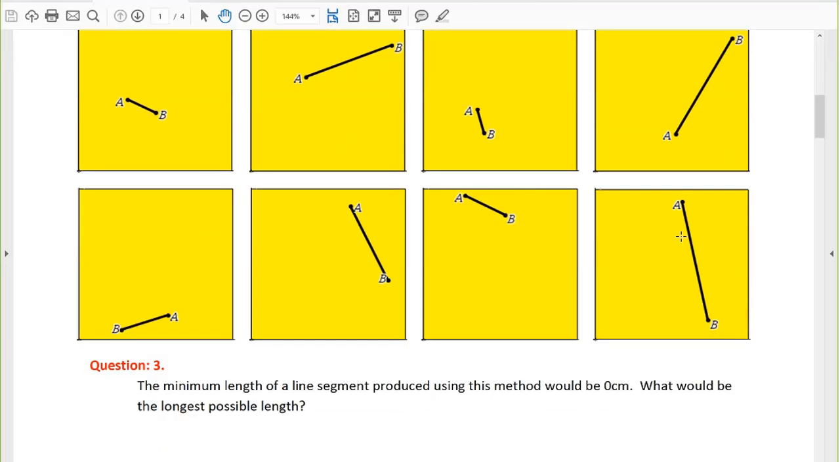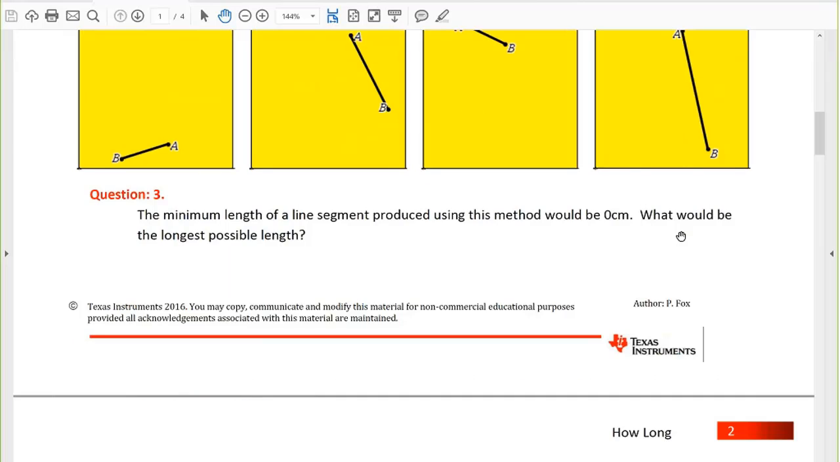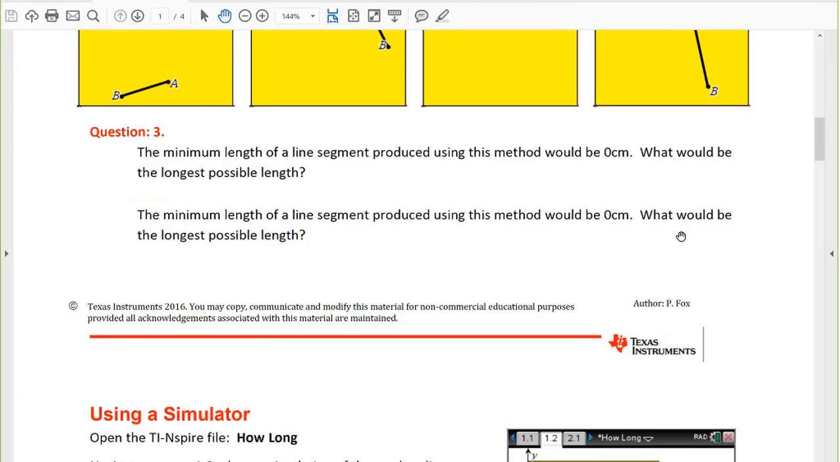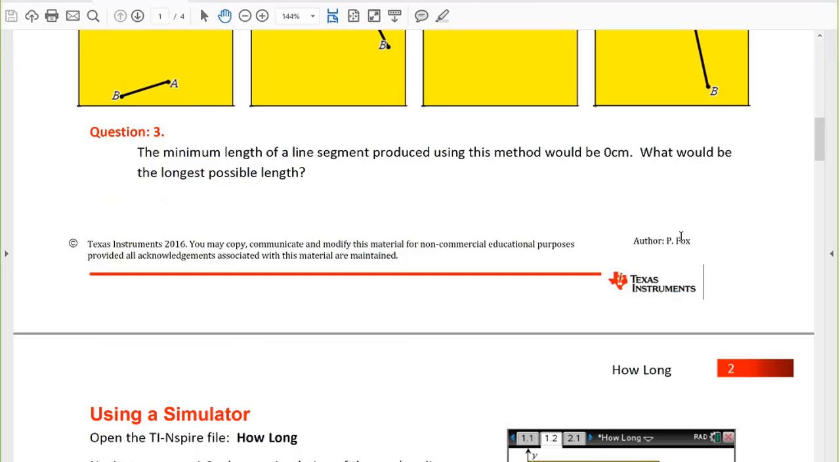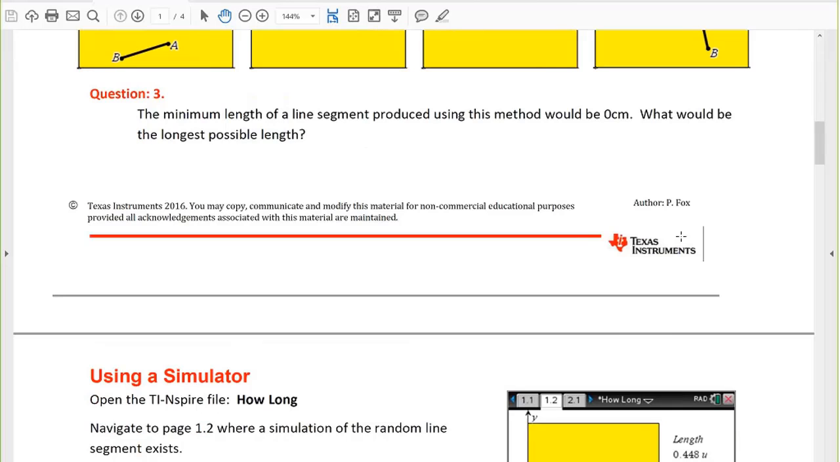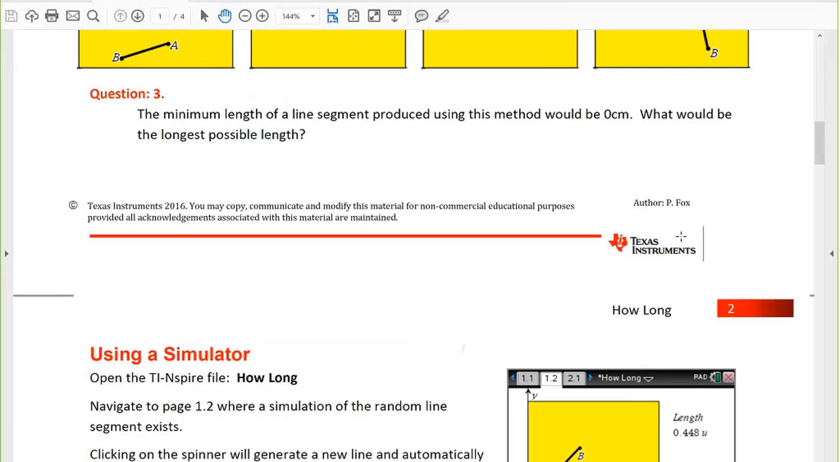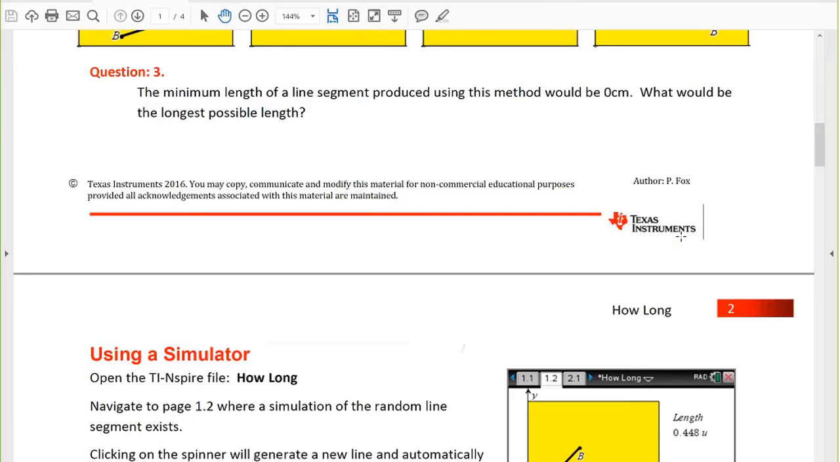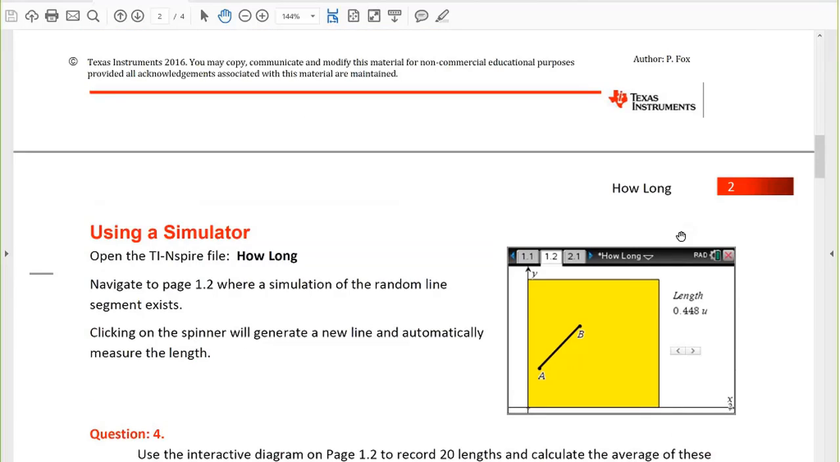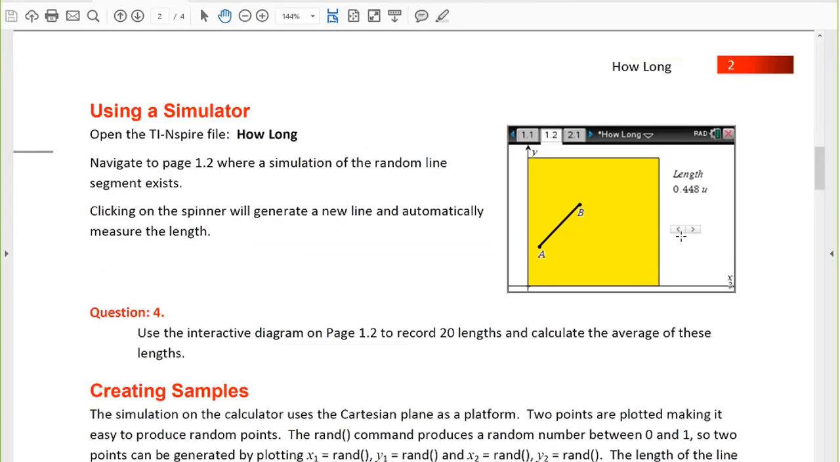The minimum length possible, well, would be 0 centimetres, but what's the longest possible length? If we've had a bit of a look at Pythagoras' theorem, we might be able to come to the conclusion that that would be the square root of 2. So we're going to get a line randomly generated that is somewhere between 0 and root 2 centimetres long. But what would we expect? What would the average of this be? So the problem being presented can then be investigated on the calculator,